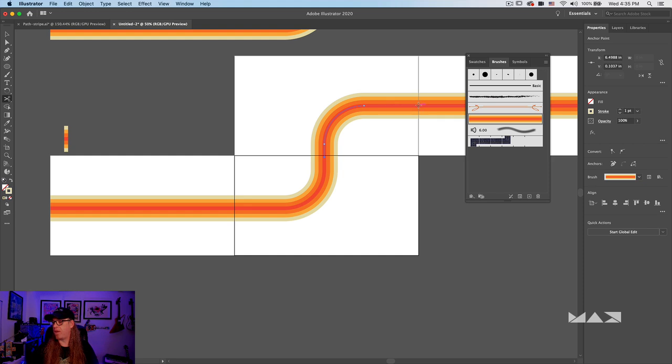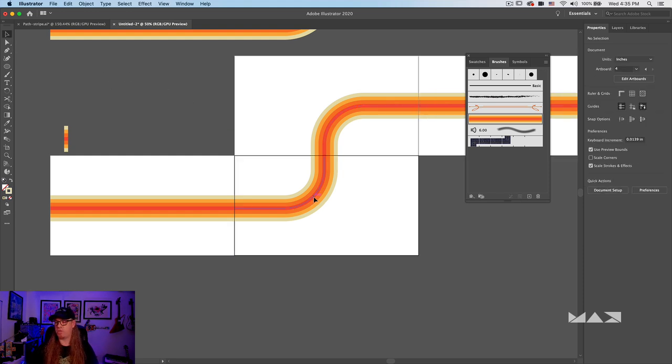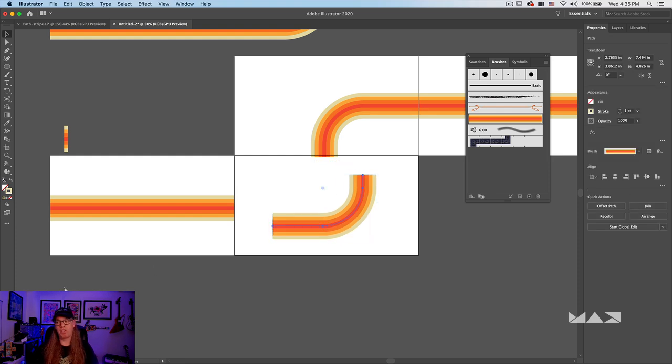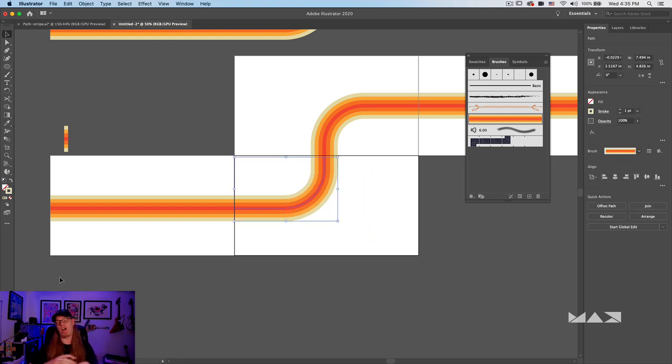I'm being a little bit rough about this for time, but you'll be able to see now if I select any of these individual pieces, I can pull them out. So now I've got my brush following the path that is then cut to the screens that we're working in. And this way I know each asset will line up to itself because we drew it originally as one fluid line.